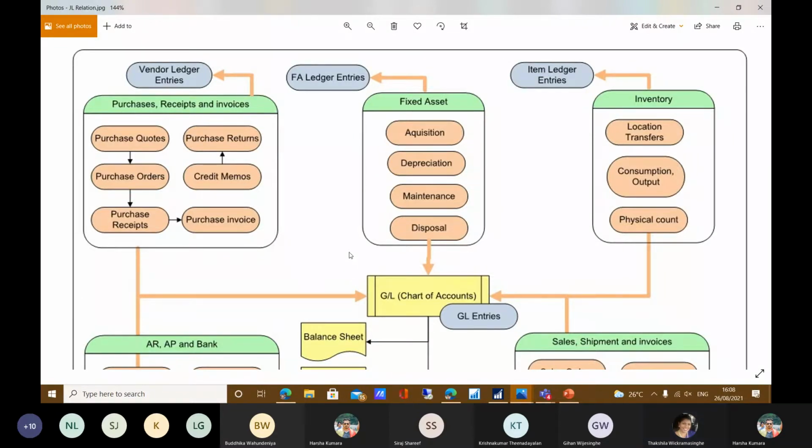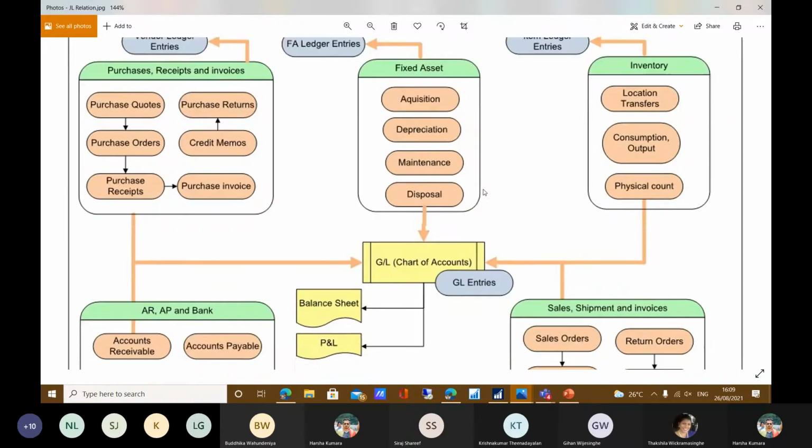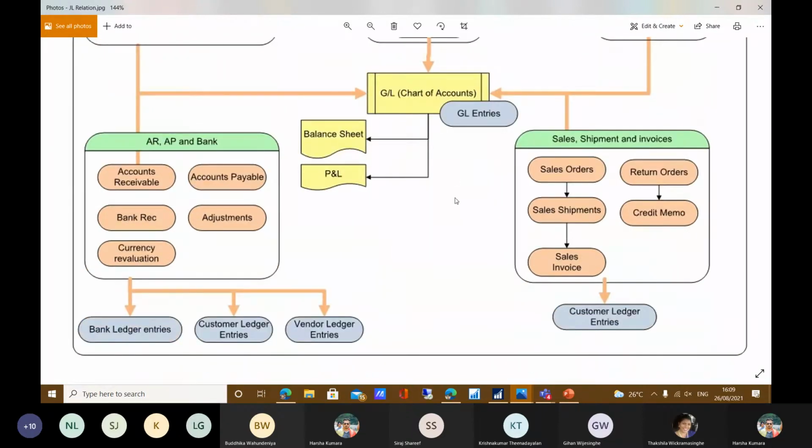Okay. Normally, before going to the chart of accounts, I will briefly explain the integrity of the chart of accounts and the ledgers, how it posts into the sub ledgers and the chart of accounts both. Normally the vendor ledger entries, FA ledger entries, and all the sub ledgers, item, sales, and ARAP, all the sub ledgers, and thereafter the chart of accounts will be updated as soon as the user posts the sub ledger.